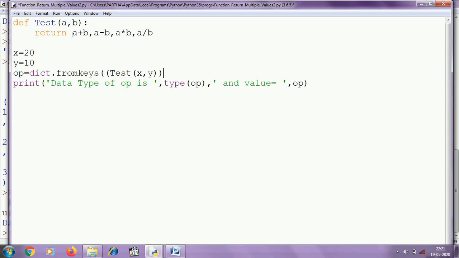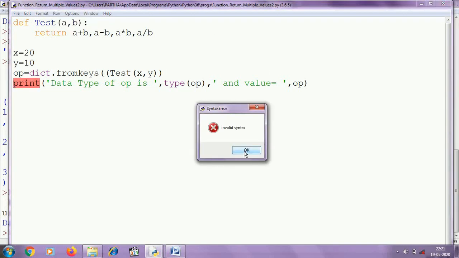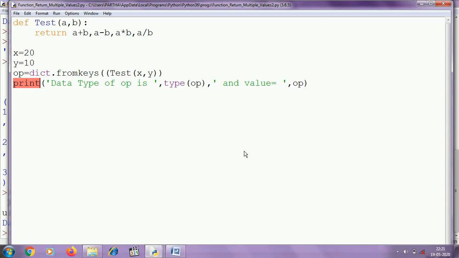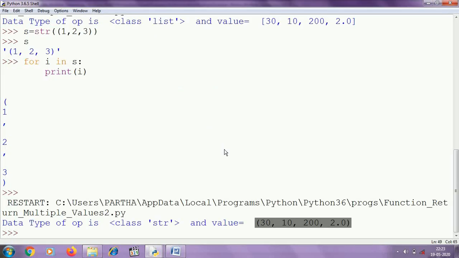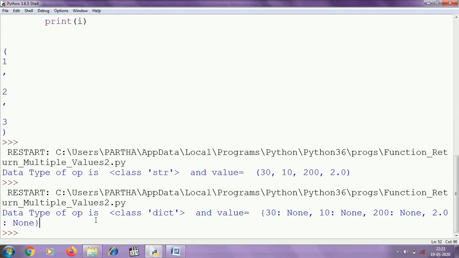So here the data type will be dictionary and the value will be 30 colon None, 10 colon None, 200 colon None and 2.0 colon None. Let's see. Invalid syntax, print. So let's see. Here is the output. The data type is dictionary and these are the values.